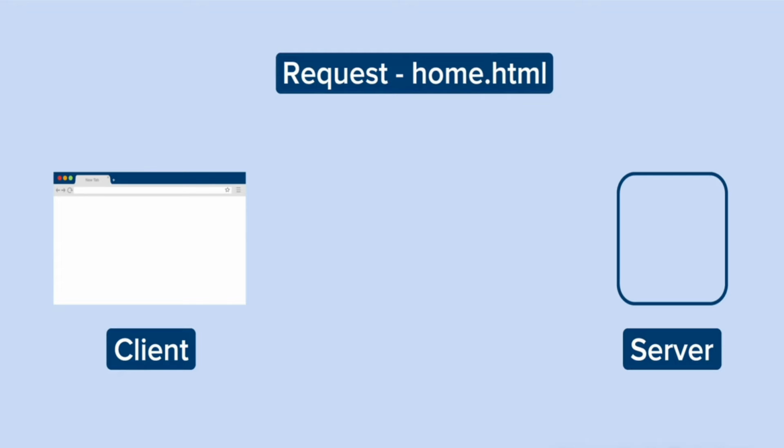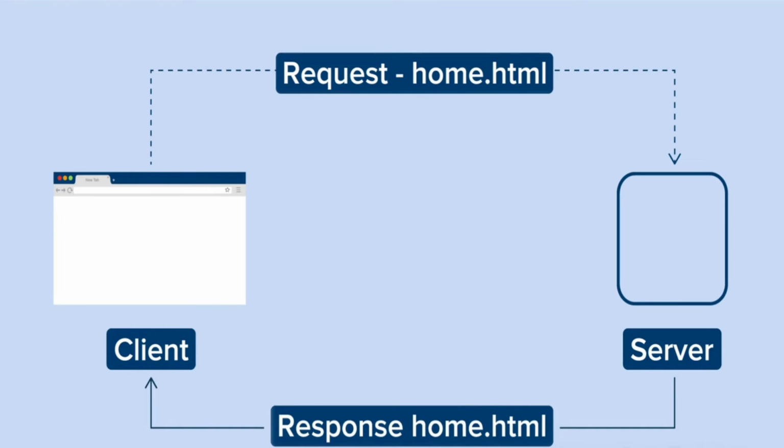Now first, the browser initiates an HTTP request for the HTML file, that is home.html. Then the web server finds this file on its computer, that is in the htdocs folder, and sends it back to the browser as a response. Note that till now the web browser has not opened the HTML file, and hence it is not even aware about the image to be fetched.